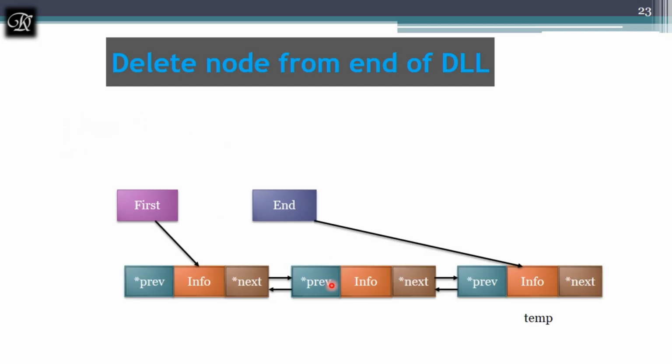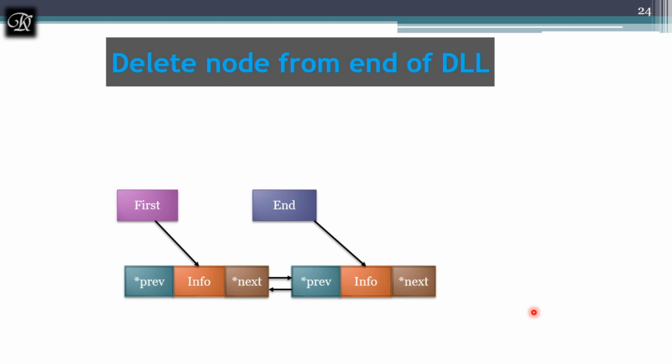The third case, I have to remove this, call this end as the temporary. Then what I am going to do is, I am going to take the end link from the temp and I will call the previous node. How will I get to know which is the previous node? From the link of the end's previous node, and I will call that the end node. And after that, end's next will be set to null. Then finally free this temporary using the free function.